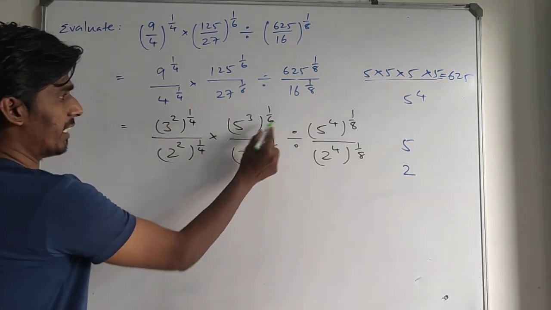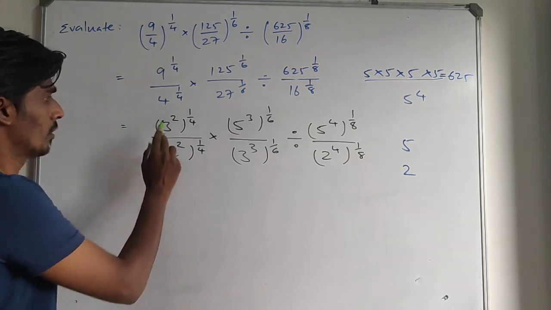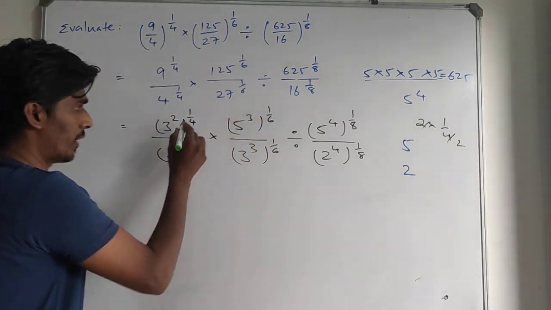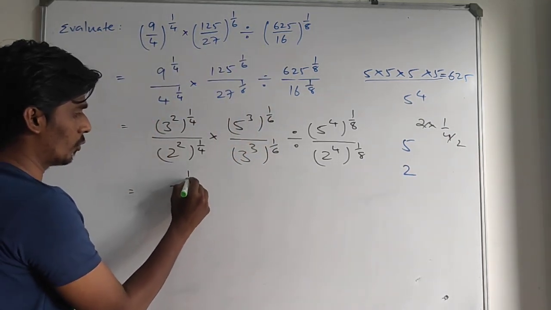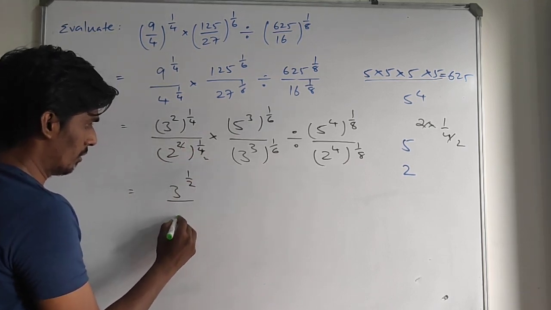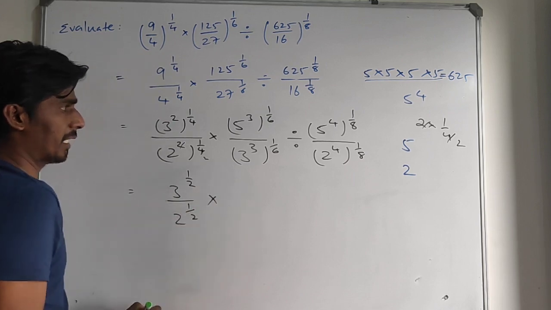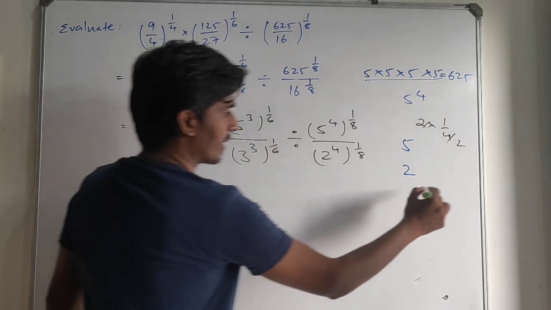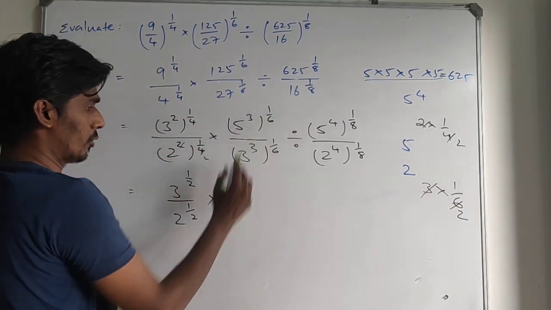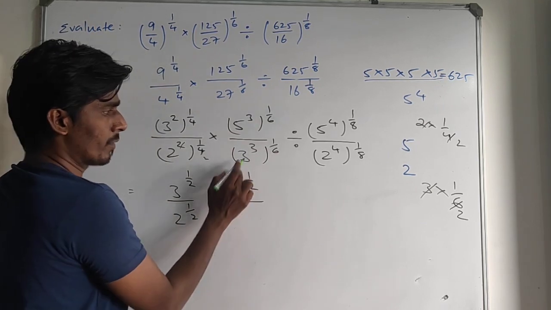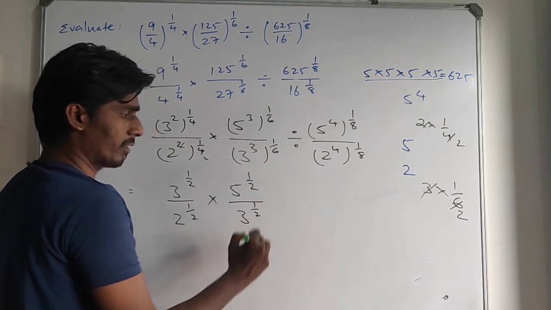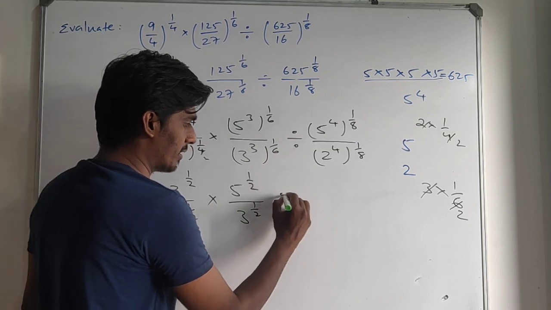Now each and every power of power we have to multiply. So 2 into 1 by 4, so 2 2s are. So I can write this one as 3 raised to 1 by 2. This 2 will cancel this 4 2 times. So this is what? 2 raised to 1 by 2. Multiply 3 into 1 by 6. 3 will cancel 6 how many times? 2 times. So we can write 5 raised to 1 by 2. Similarly 3 will cancel this 6. Power of power multiply. So 3 raised to 1 by 2. Keep this divide as it is.